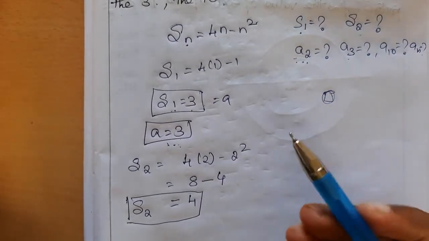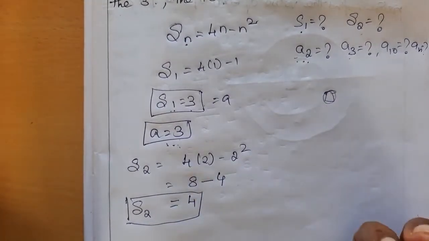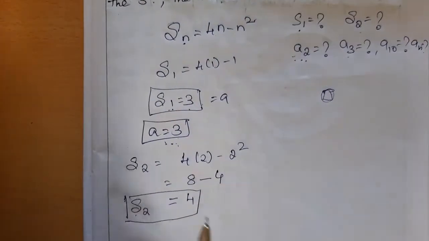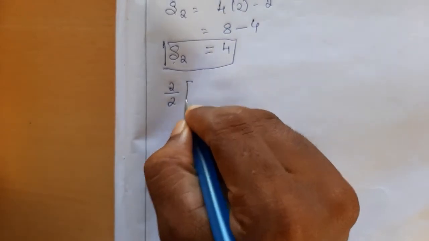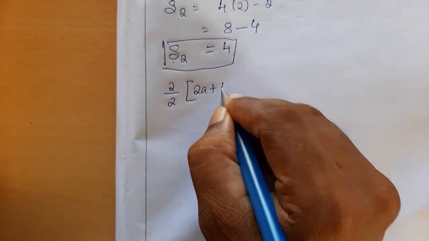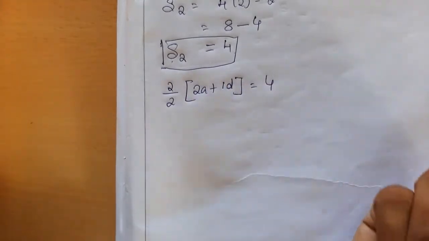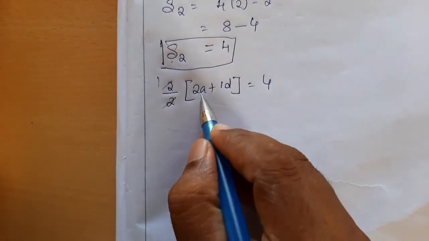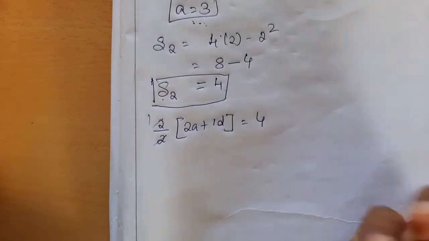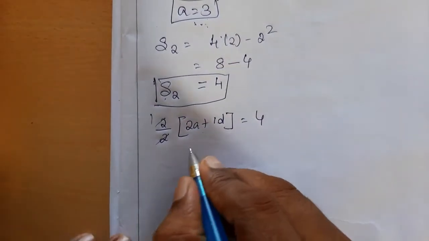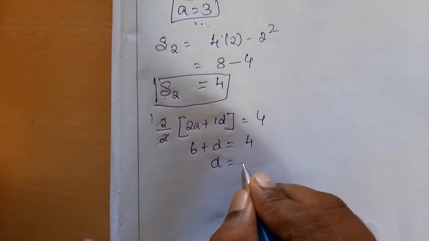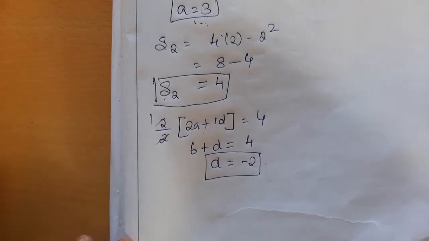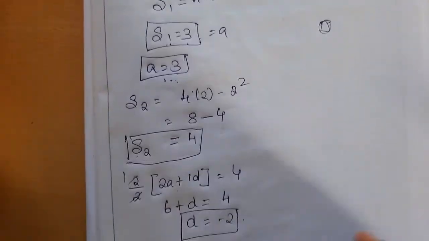So we need the difference. To know the difference, at least we need the second term. So we don't have the second term here, but in the S2 formula if we substitute we will get d. Check what is the S2 formula. It's 2 by 2 into 2a plus (n minus 1) d is equal to 4, right? Just I applied in the Sn formula, and 2 by 2 is 1, and instead of a we obtained 3, that we can substitute, so we will get the d value. So 3 twos are 6 plus d is equal to 4. D is equal to 4 minus 6, which is minus 2. That's it, right? So the answer is hidden only in the given data. We just have to substitute and find it.